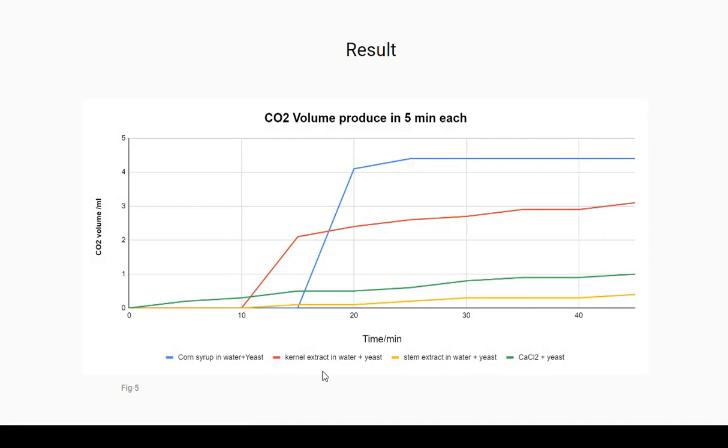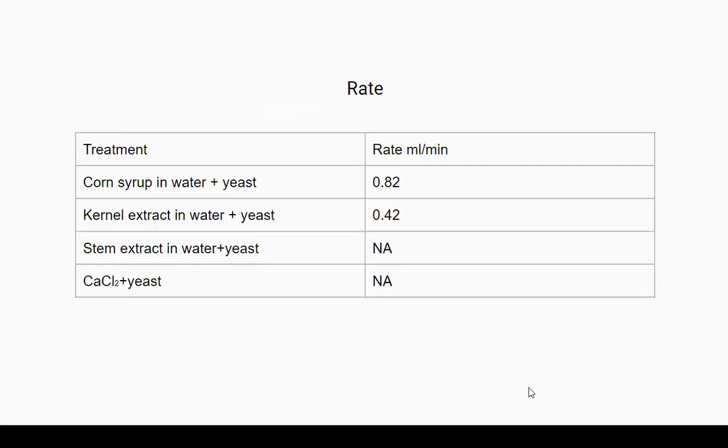And also the corn syrup in water plus yeast has the higher amount of carbon dioxide produced in this graph. Because the stem extract and the buffer have a lower slope and are almost zero, we will only calculate the first and second ones, which are the corn syrup and the